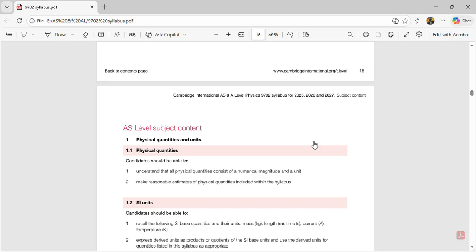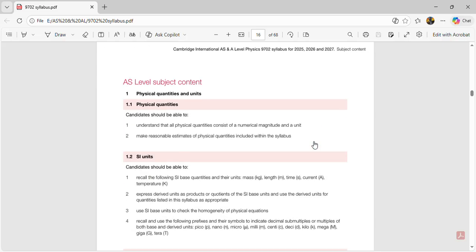But the syllabus is key in Cambridge: when teaching, you must teach to the dot of the syllabus, unless you want to elaborate a bit on some matter. We teach to the dot of the syllabus. If it is physical quantities, the following should be, not even should, must be